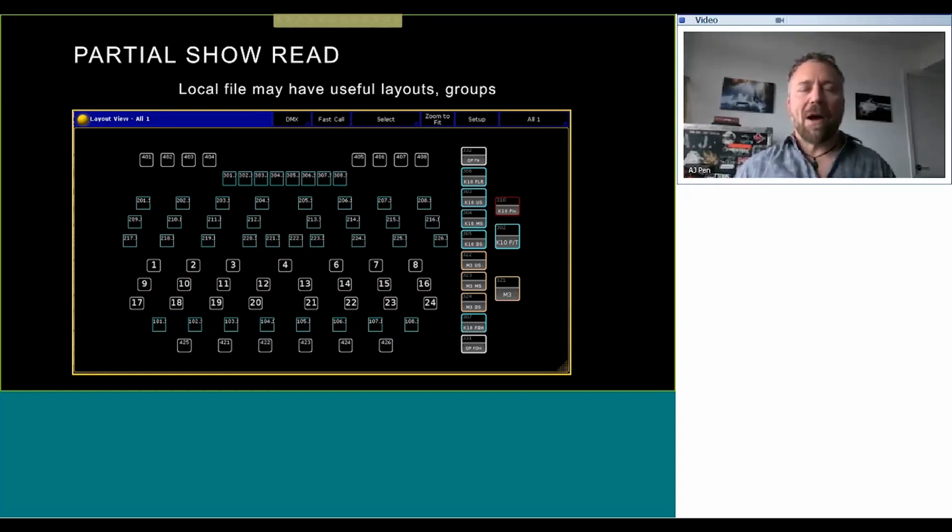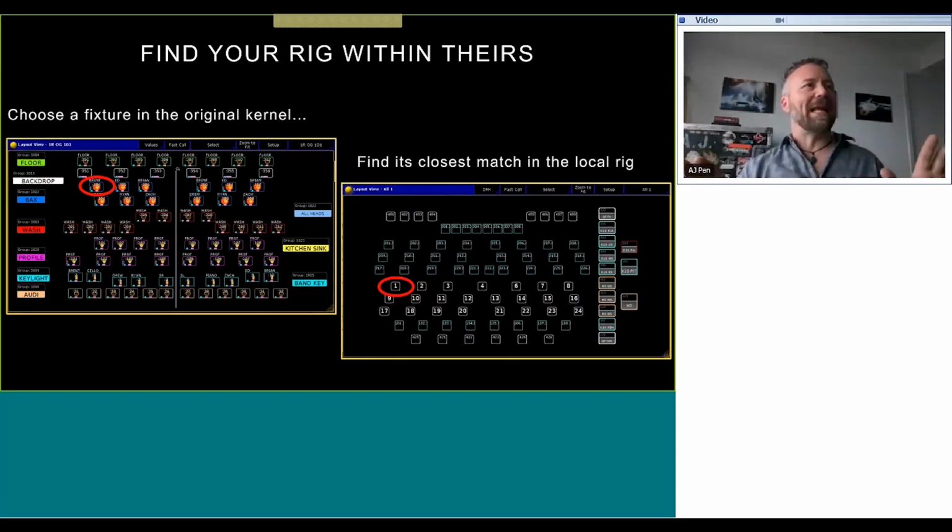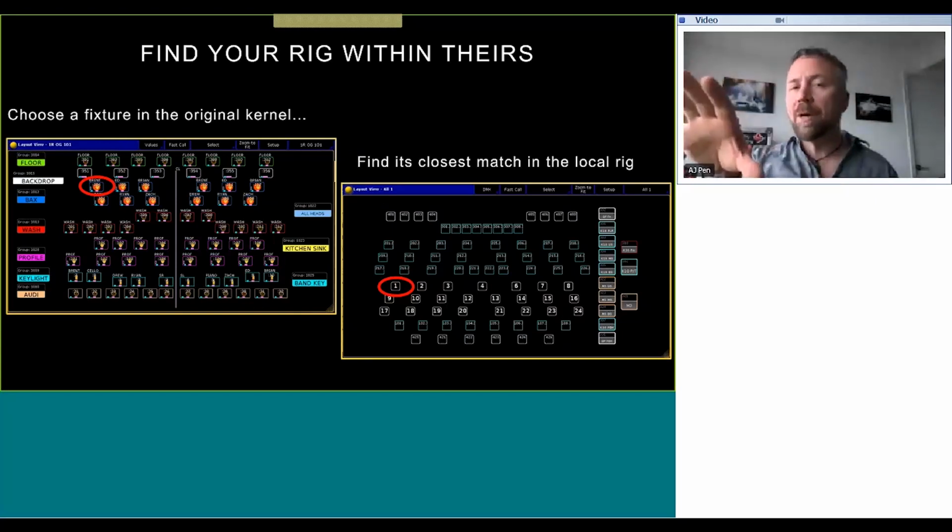And now I can sort of get a representation of where these fixtures are, and I didn't have to do all this work. And because it's a layout, it brought in the appropriate groups as well. So I can grab his group fixtures. And let's look how they relate. Now I can have a view where I have my original fixture, and I can choose right there where it's circled, Brent backlight, and then I can say, hey, this one's really close to this fixture in the guest layout. And it speeds up your process as to making the decision of which fixtures you're going to clone that day, which fixtures in the local rig are going to play the role of your original programming.